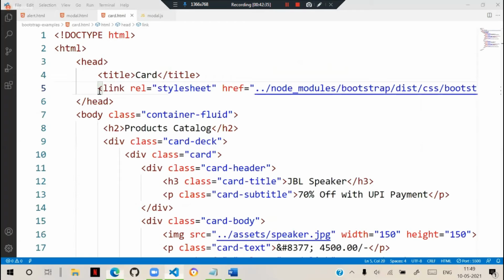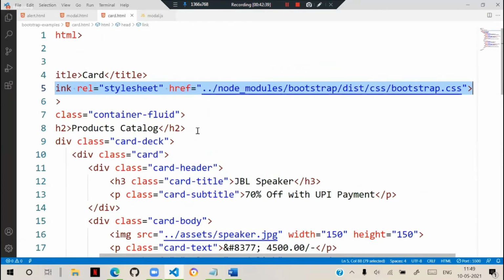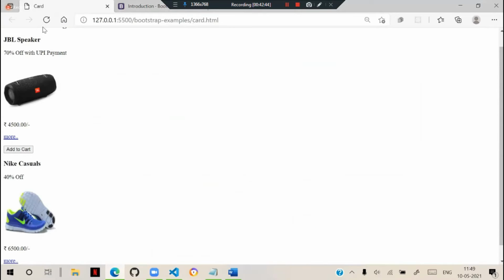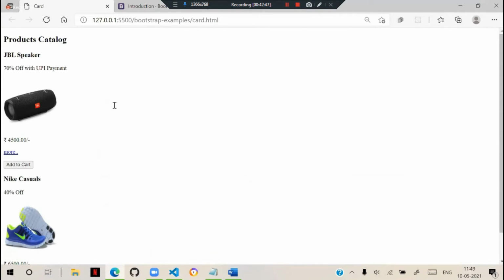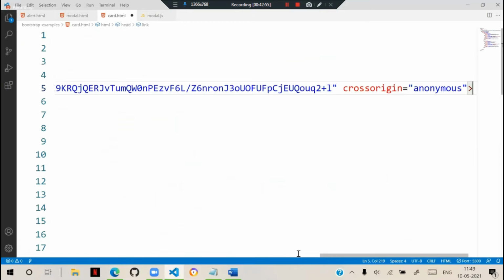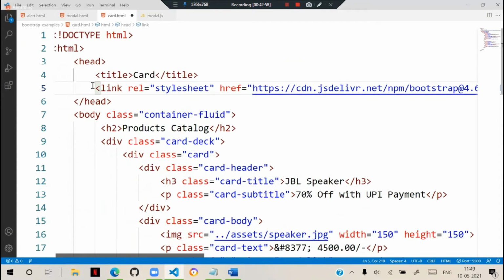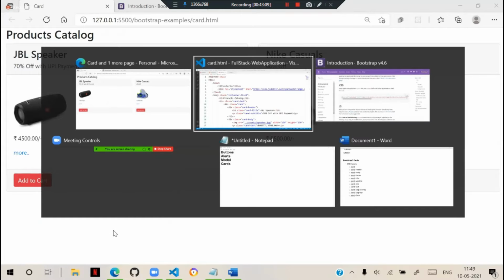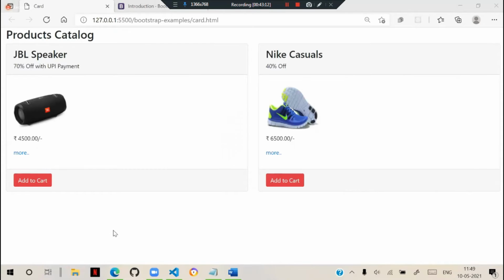And go here and remove this link. If I remove that link, that means now Bootstrap effects are not working for our page. I will link that old version CDN. We have to paste that link here. We are accessing the old version CDN of Bootstrap, and I am using the same card deck. You see, it will arrange side by side. By default, it is flexible. This is the old version, and we don't need to do much with that.